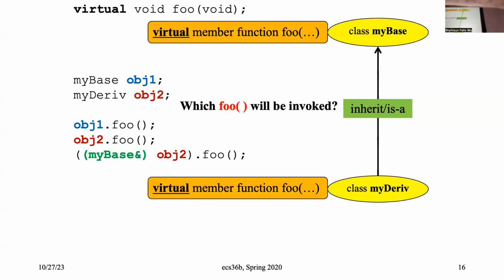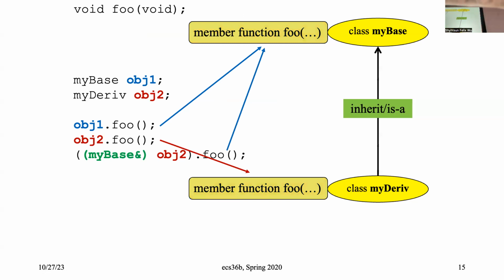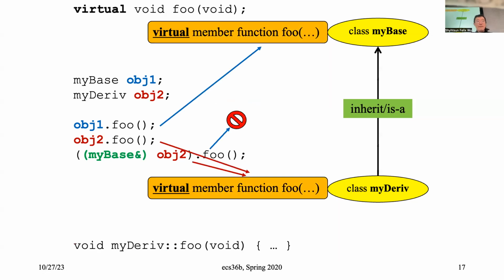Okay, the difference. If you think about that third one, only look at the third one. The first two are just camouflage, doesn't matter. But the third one, as I showed you, when you do casting, you're actually going to call the base, because you change the type, you convert the type, even though it's a reference. But if you're doing a virtual function, even if you cast to something else, it will still execute the derived version of foo. That's the key difference between virtual and non-virtual functions.